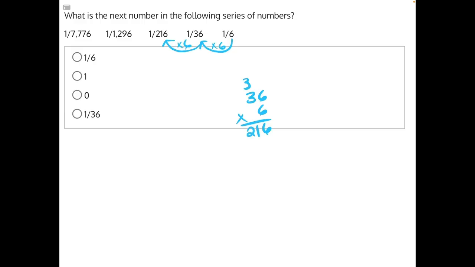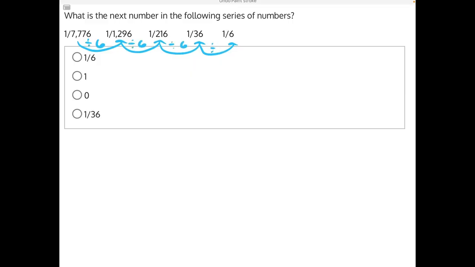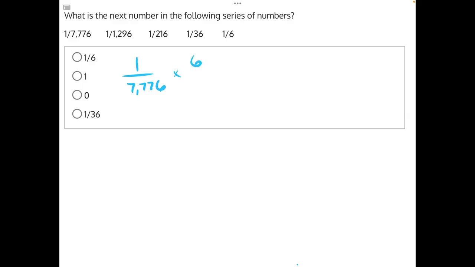So that's the pattern going backwards, at least in our denominators, not for the whole fraction, but just in our denominators. If we go forwards, that means we are dividing our denominators by 6. And what that really means, what that looks like, if I actually write out these fractions, we have 1 over 7,776. If we multiply a fraction like this by the number 6, what happens is this diagonal relationship comes into